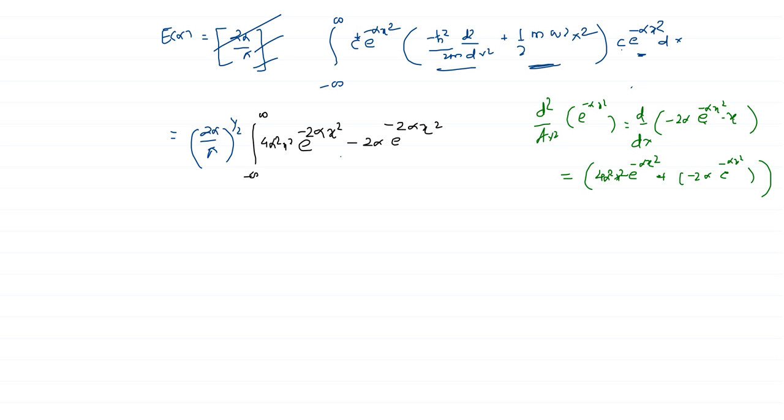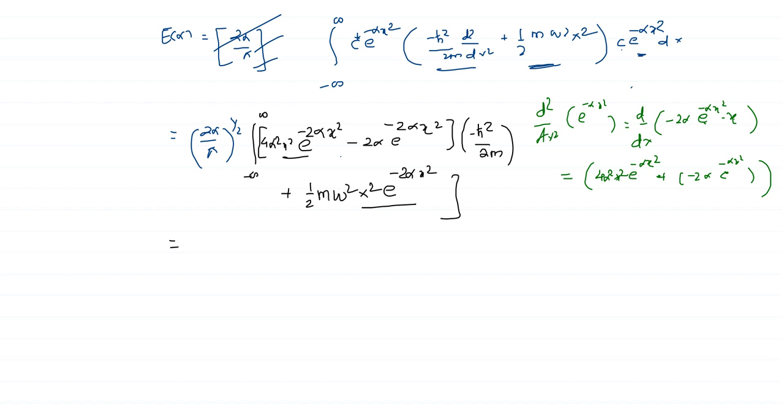Oh, just this term we have forgotten, h bar square by 2m. So let us multiply this by minus h bar square by 2m, and also this half m omega square x square operating on e raised to minus alpha x square, and also e raised to minus alpha x square. So we will obtain half m omega square x square e raised to minus 2 alpha x square. We can say x square e raised to minus 2 alpha x square are there in these two terms. We can take those as common.